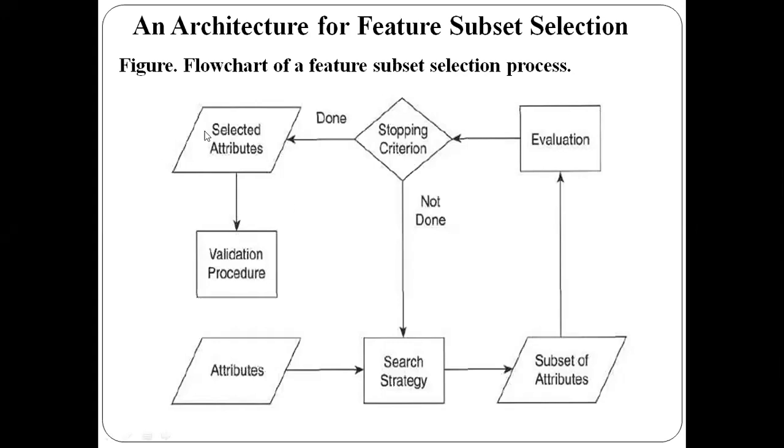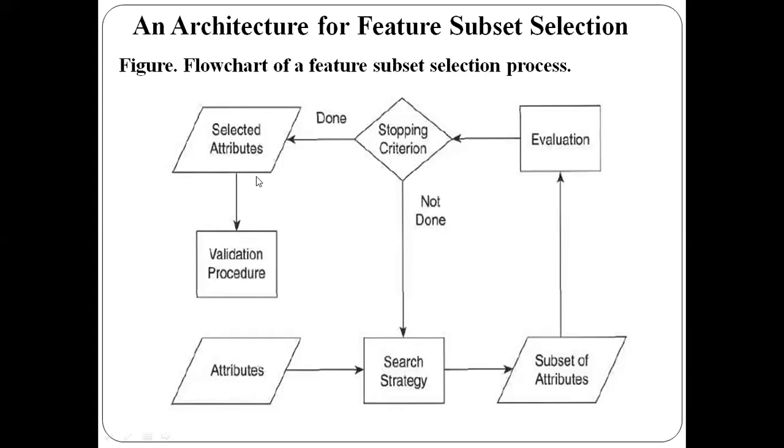The complete set of attributes will be given as input to the algorithm, and on the other side you will be running the algorithm with only these selected attributes. If you get both results as equal or approximately equal, then we can say that these selected attributes are validated or they are accurate.